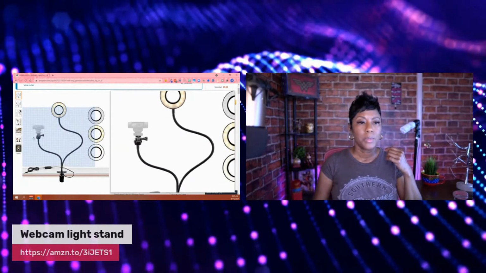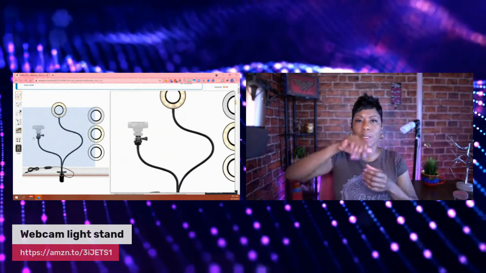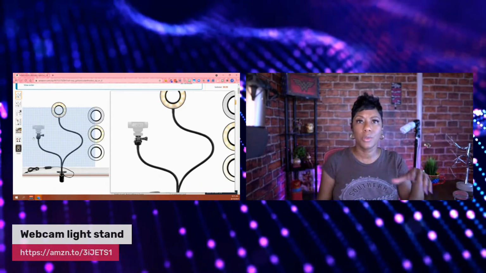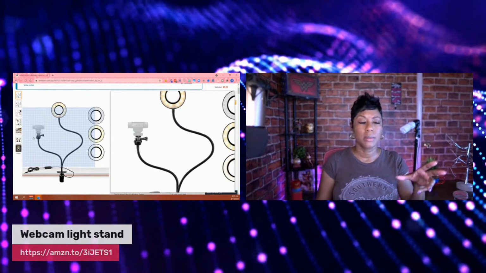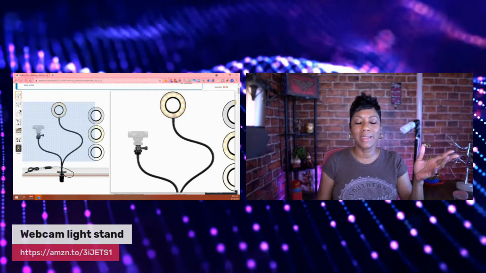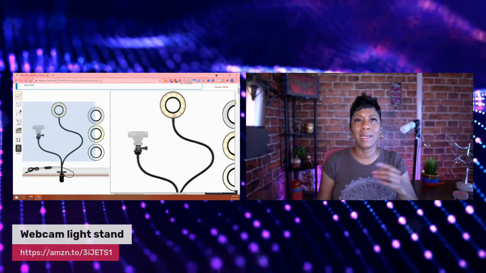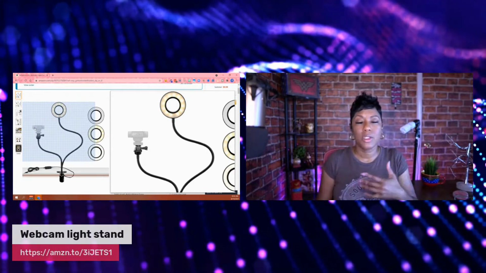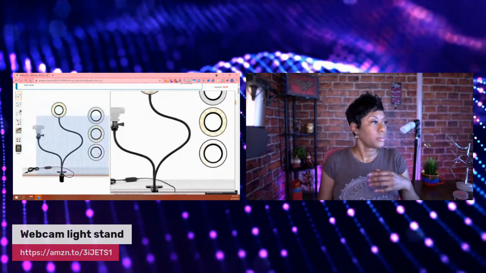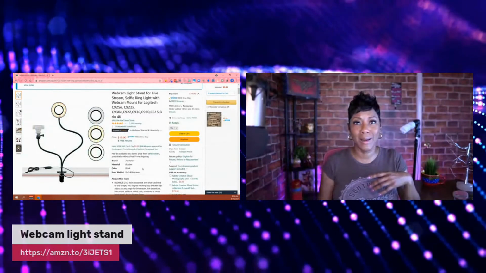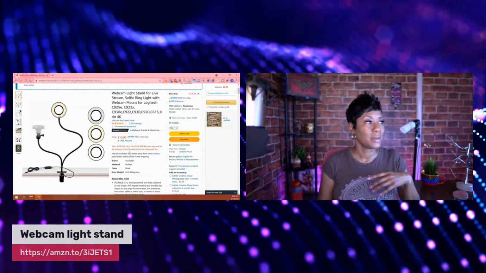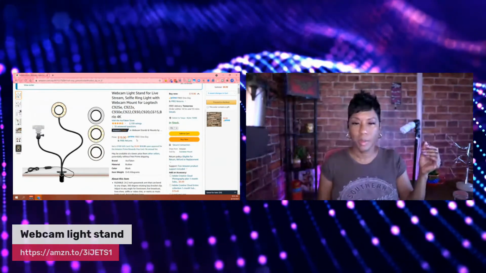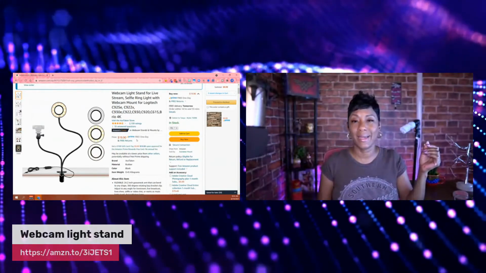Look right there. You're just going to basically screw it on. So I have my Logitech webcam right now screwed on to this kind of hybrid thing that they've got going, where it's a holder for your webcam and a light. I like that it gives me options and that it's super portable. And it's not pricey at all. It's under 20 bucks. And it's also on Prime. So there you go. If you have a Prime subscription, you can get this in one day,